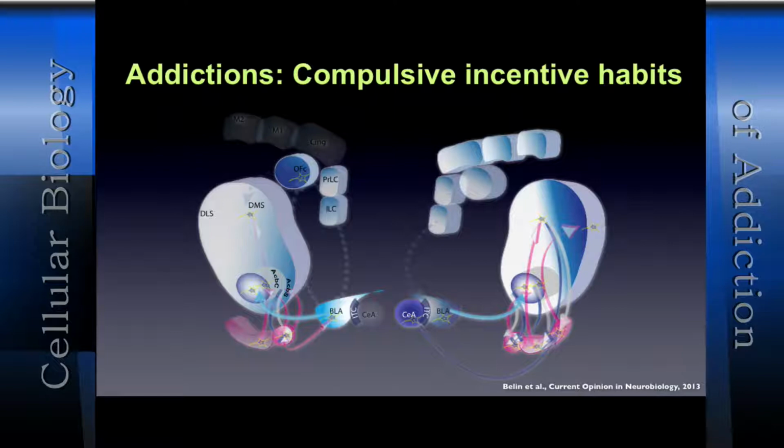This tells us that indeed, initially the behavior is goal-directed. It depends upon the posterior dorsomedial striatum, the ventral striatum, and the basolateral nucleus of the amygdala. Pavlovian components, goal-directed behavior, conditioned reinforcement emerges from their interactions. And when cue-controlled drug-seeking behavior becomes habitual, then there is a dorsomedial to a dorsolateral shift.